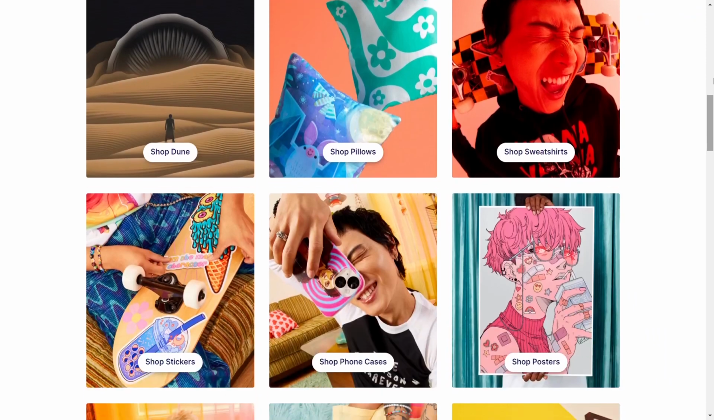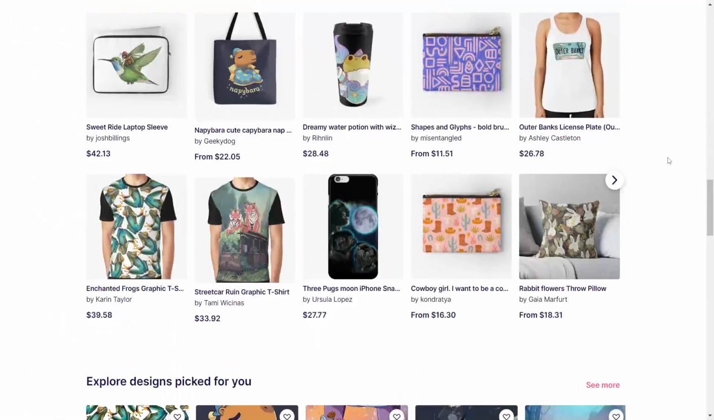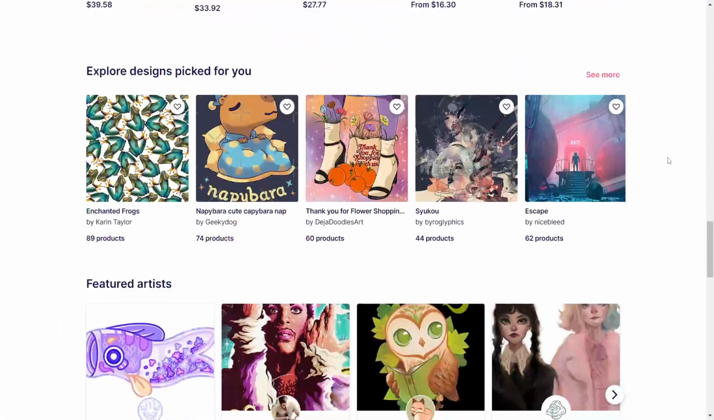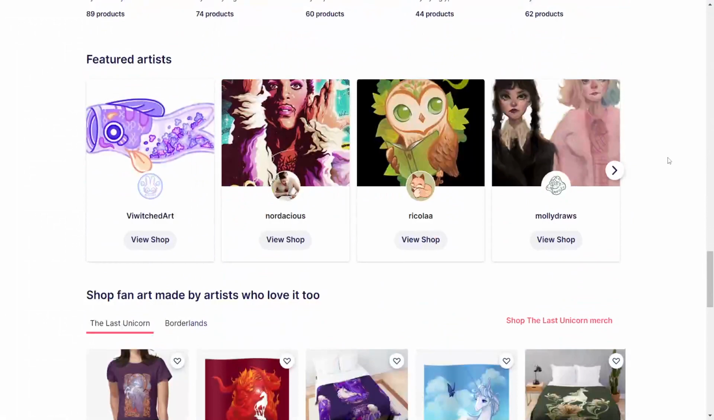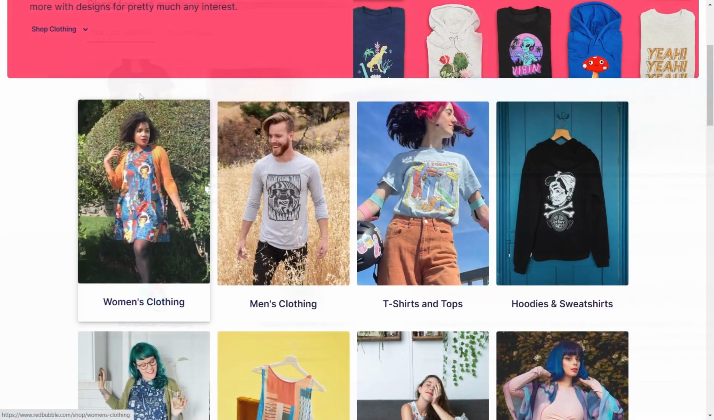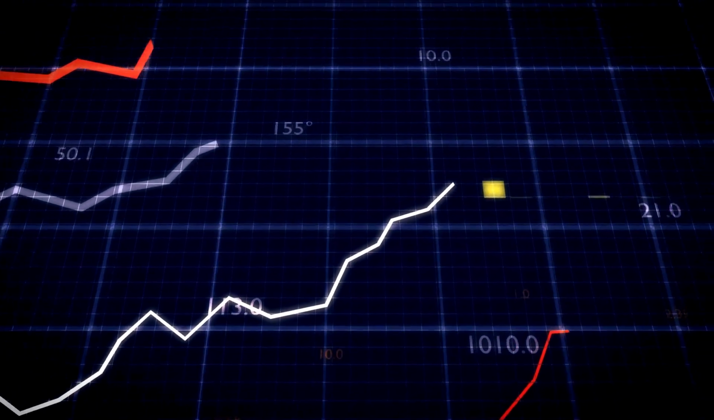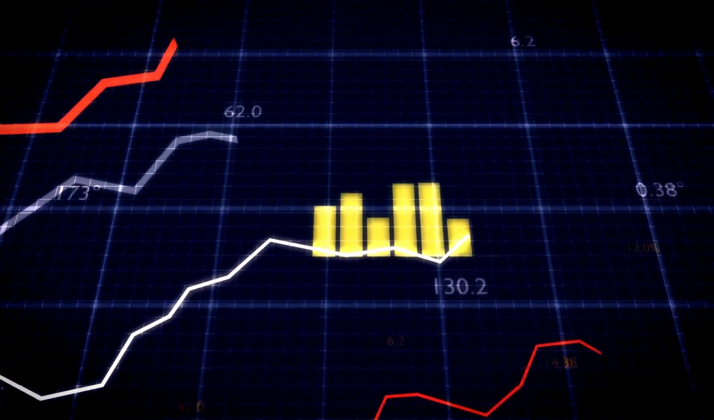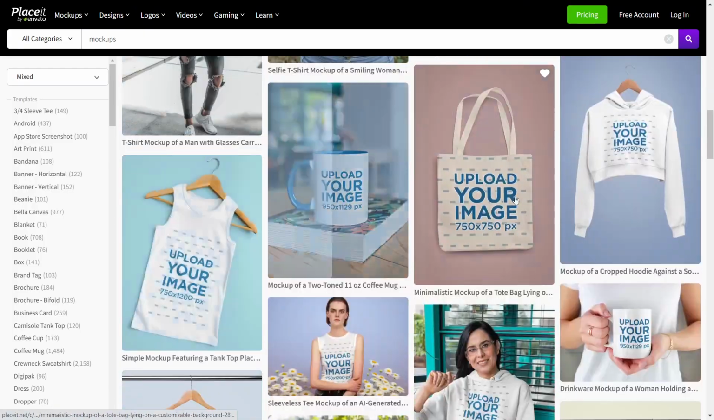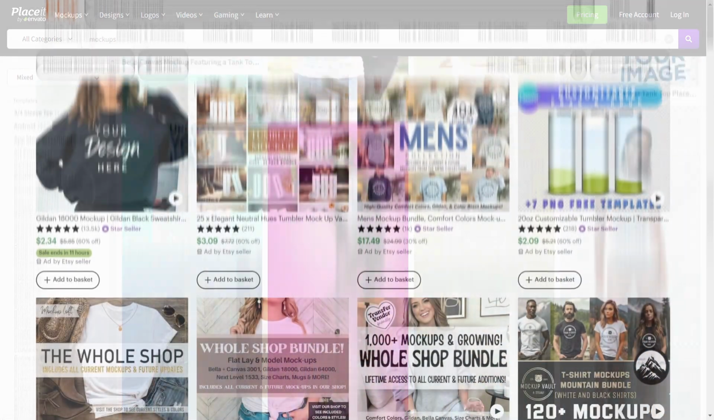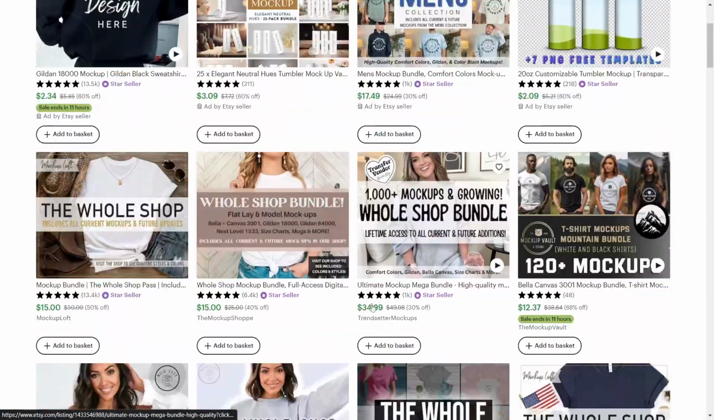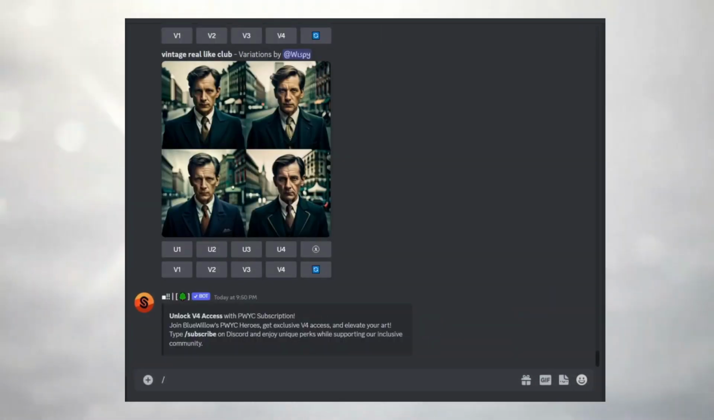Number 3. Mockups. There are hundreds of thousands of e-commerce businesses online that sell posters, phone covers, t-shirts, and other printed products. What do all these businesses have in common? They use mock-up photos to sell their products. That means there is growing demand for unique and creative mock-up photos that can help businesses advertise their products. Some people are making a killing selling bundles of mock-up photos on Etsy. We can use Midjourney to create all kinds of interesting mock-up photos, which we can bundle up and sell on